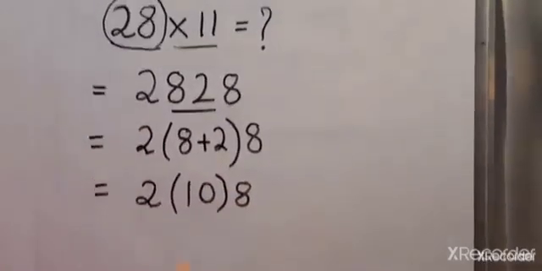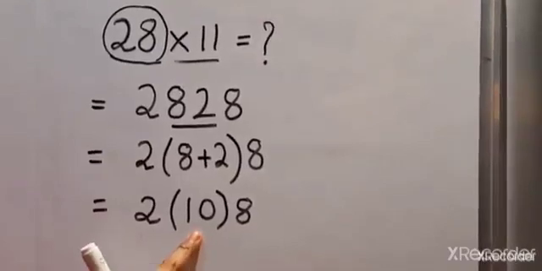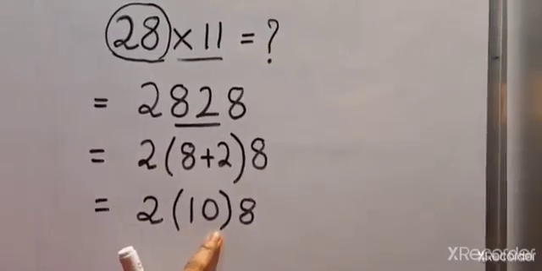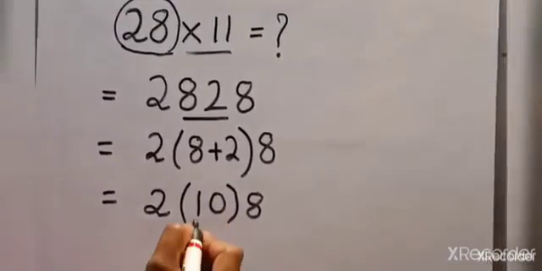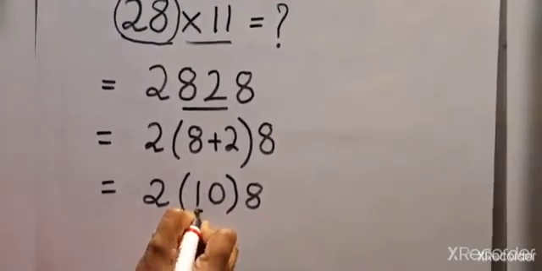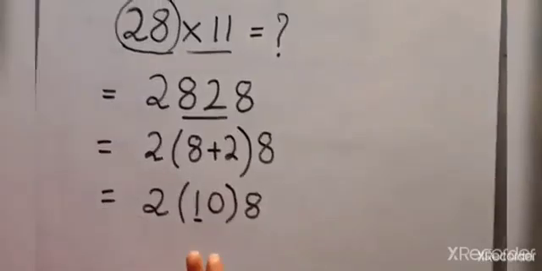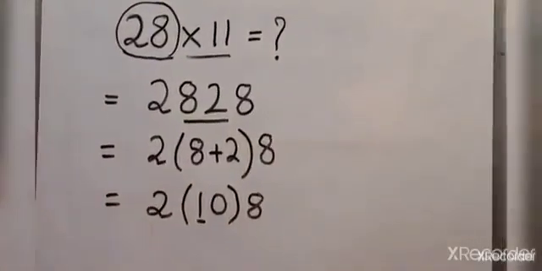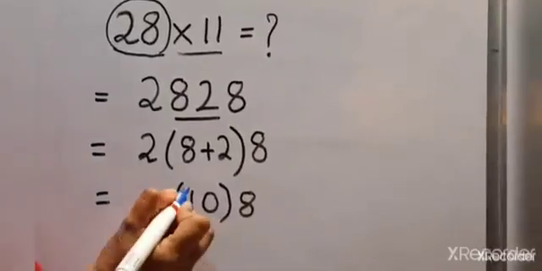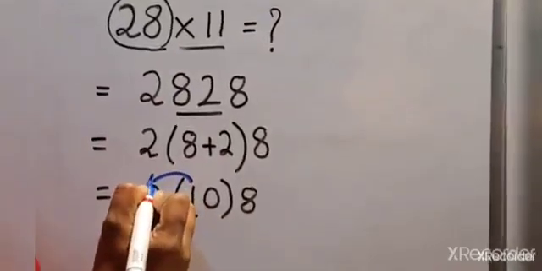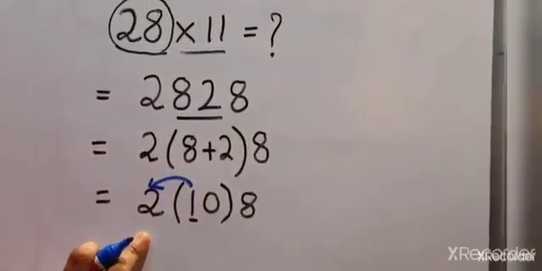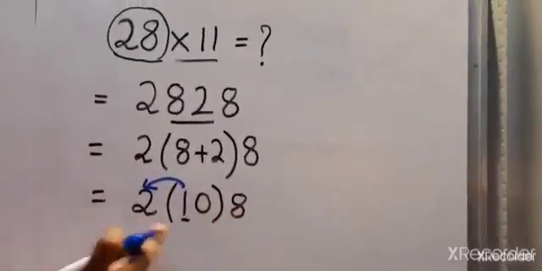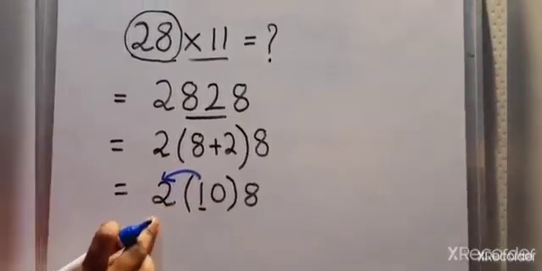Children, if you remember, in our last example, we had only a 1-digit number inside the bracket. Here we have a 2-digit number. In such a case, we have to carry over the number in the tens place. It is a 2-digit number. The number in the tens place we have to carry over. So 1 we will carry over to the next place, on the left hand side.